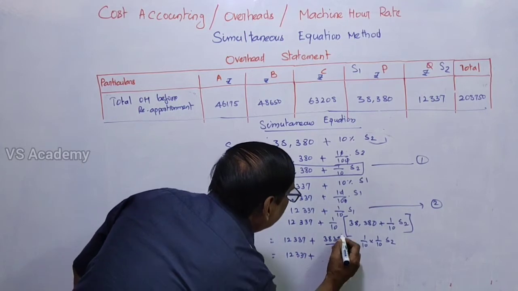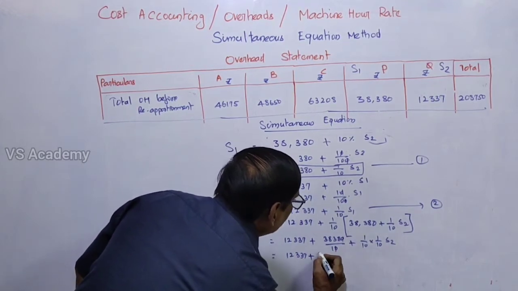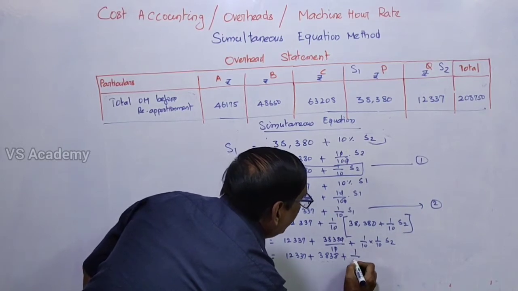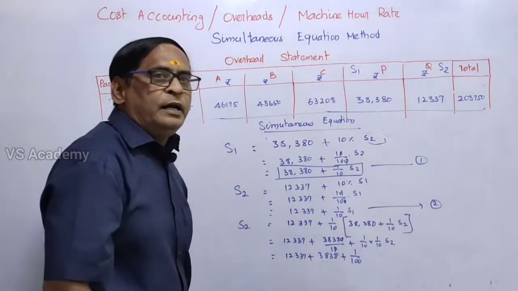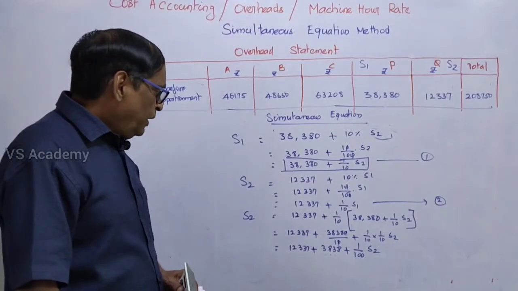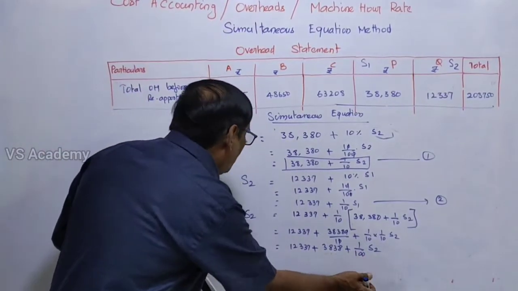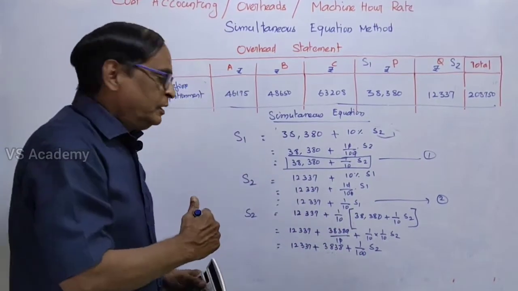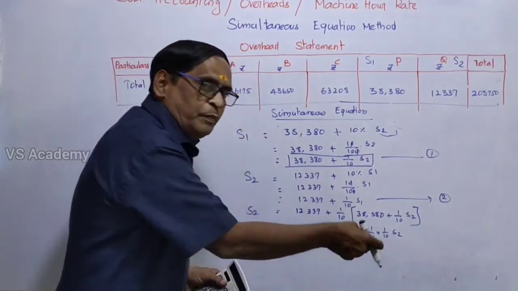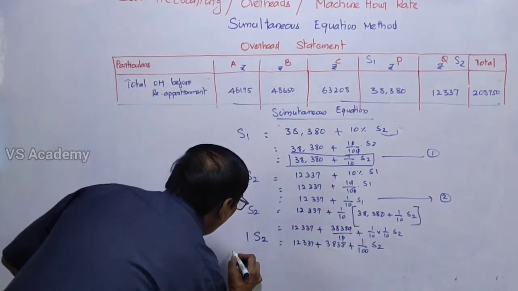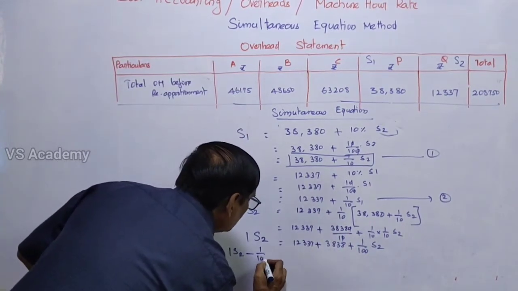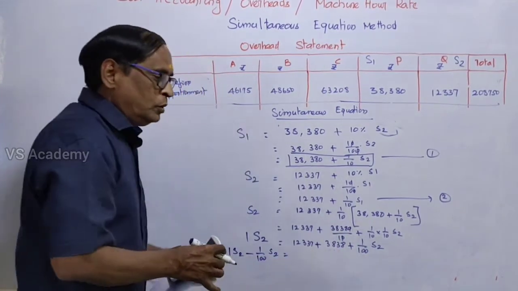12,337 plus 0 cancel. So 3,838 plus 1 by 100, 10 into 10, 100, 1 by 100 S2. Now we can bring S2 from right to left. Already there is one S2. Here if we bring it, it will be minus. So 1 S2 minus 1 by 100 S2 equal to